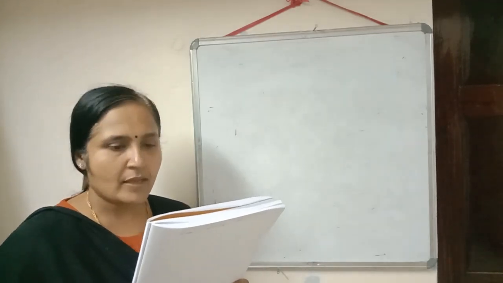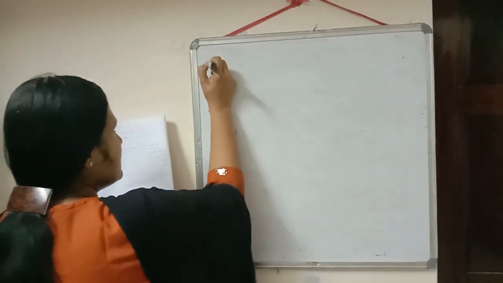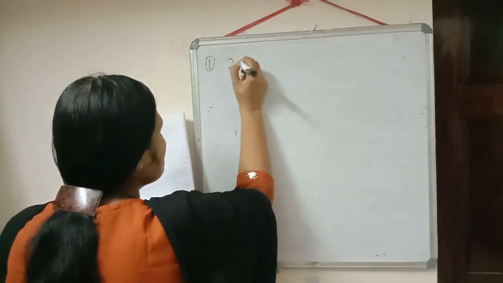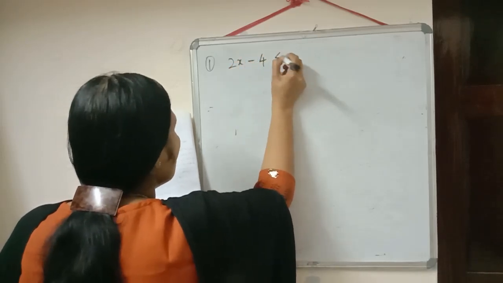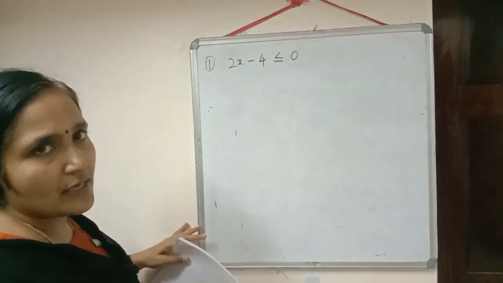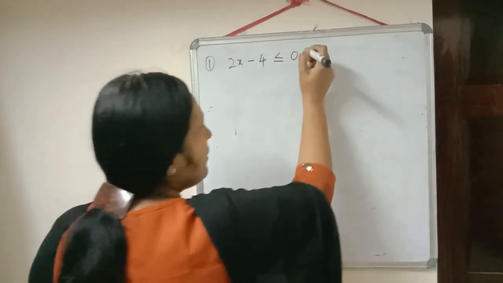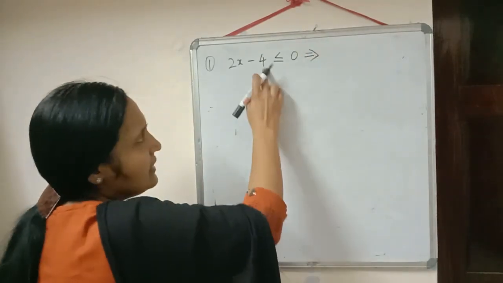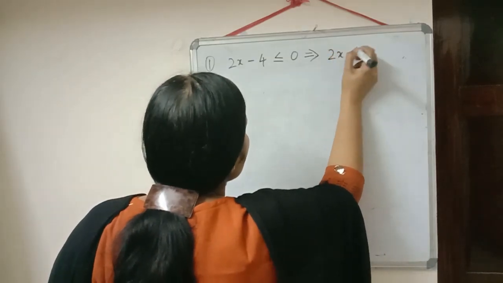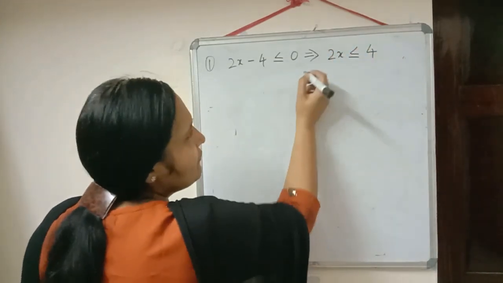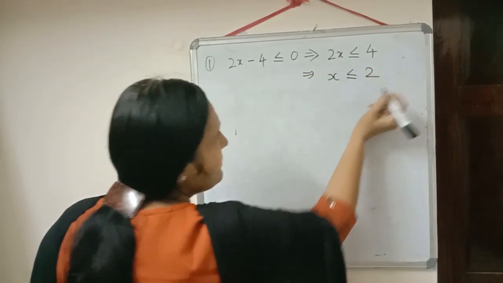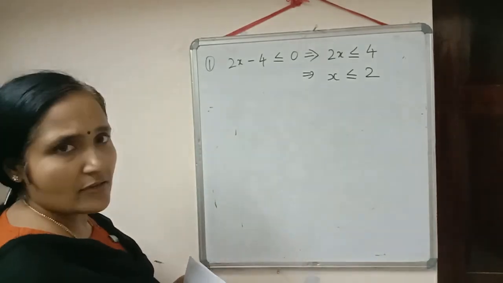Written? Okay. So all of you write down the first question in that. We don't have to write down all the values, only real solution. So first one is 2x minus 4 less than or equal to 0. So first we can solve it as we are solving the linear inequation. Just shift minus 4 to right hand side, then it will be equal to 2x less than or equal to 4. Then what will come? X less than or equal to 4 by 2 will be equal to 2. So this is the solution.